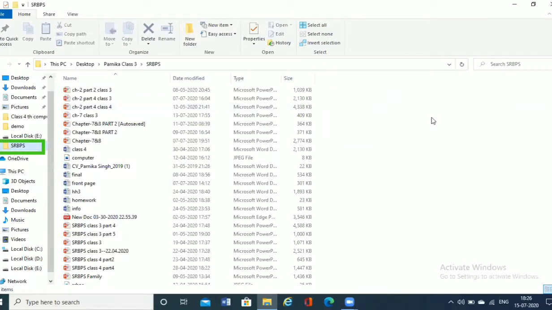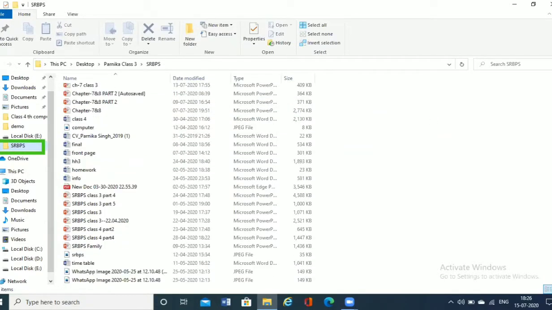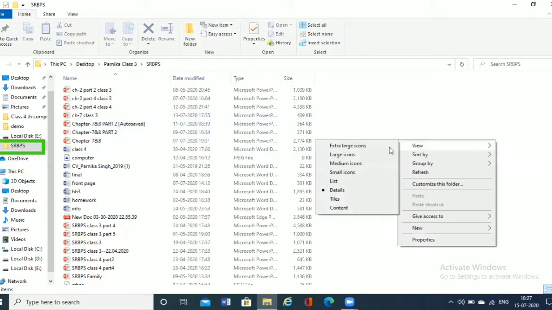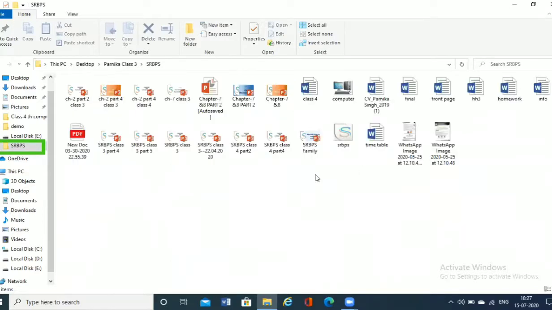There are a lot of files in it, and there can be a folder as well. If I want to create a copy of a file, I will select that particular file.